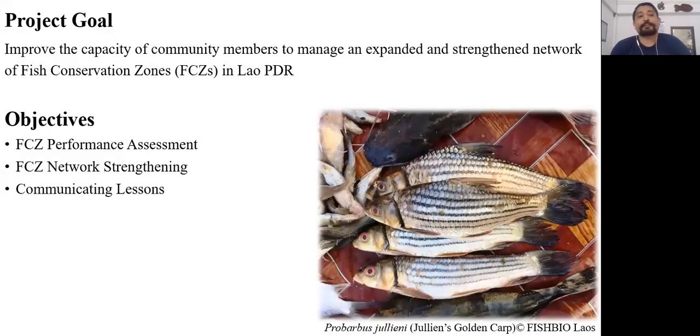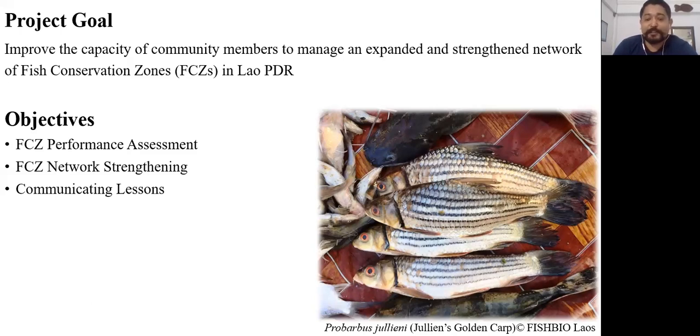So once the FCZs are established and fisheries management is functional, what could be the next future steps? Well, capacity building and monitoring of the system, obviously, to determine whether these FCZs are performing or underperforming, and also to explore the opportunities around fisheries management. So this is where the current project was born, with the overall goal to improve the capacity of committee members to manage expanded and strengthened FCZs, and also as a model for sustainable community fisheries management and freshwater protected